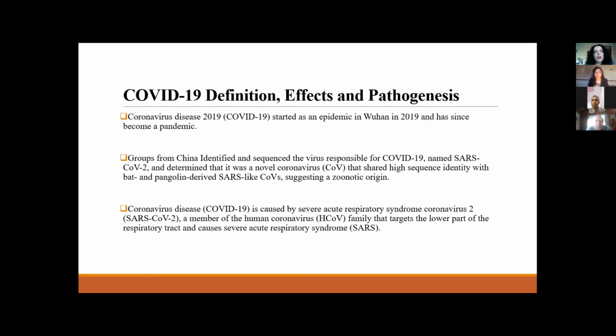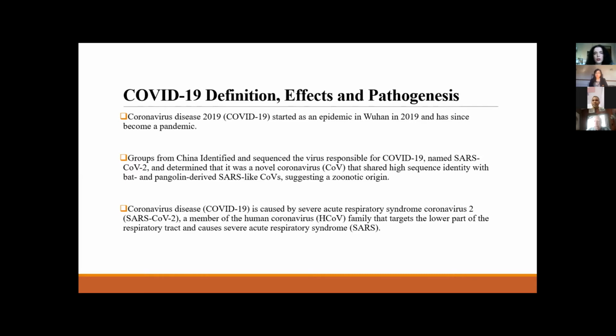And now I want to tell you about COVID-19 disease definition, effects, and pathogenesis. So, coronavirus disease 2019, or other name COVID-19, started as an epidemic in Wuhan in 2019 and has soon become a pandemic in the world. Groups from China identified and sequenced the virus responsible for COVID-19, named SARS-CoV-2, and determined that it